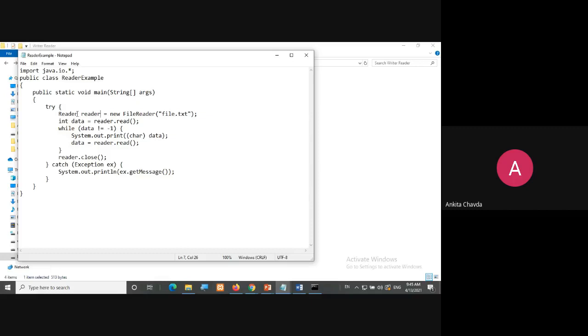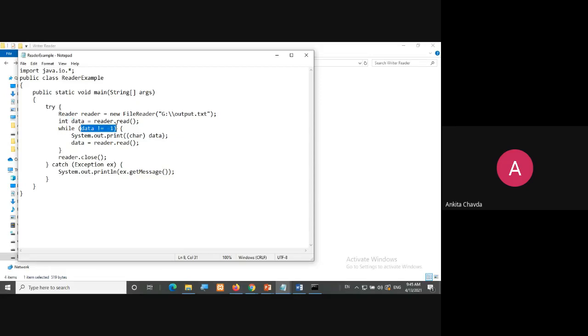This is just a reference variable, which is referring to new FileReader, a class we will see very next, and I'll read output.txt, or I'll specify it will read from G drive output.txt. It will always return the data in integer. So int data equals reader.read. I'll read the data and it will be stored inside this.